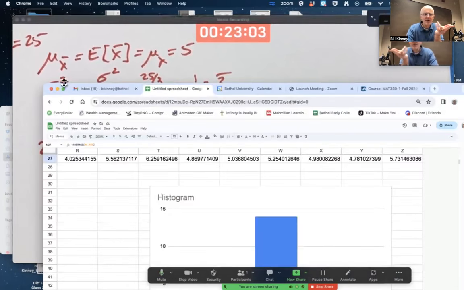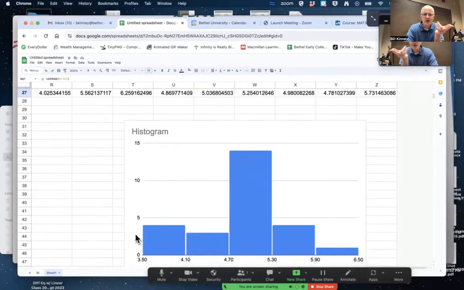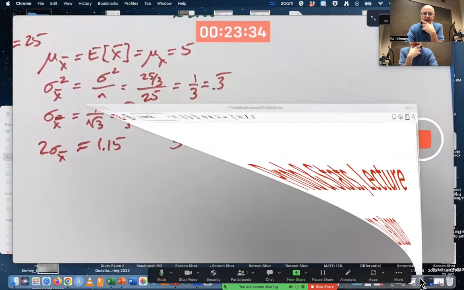Thinking about this graph, if you imagine a normal curve being superimposed on this, you would expect the inflection points of the curve to be within 1 standard deviation of the mean, which is about 0.6. So somewhere around 4.4 and 5.6 should be the inflection points. Yeah, it's far from perfect, okay? So we're just trying to get a vague impression of how good it's doing. So there's how you could simulate it in a spreadsheet. Let's look at Mathematica next.